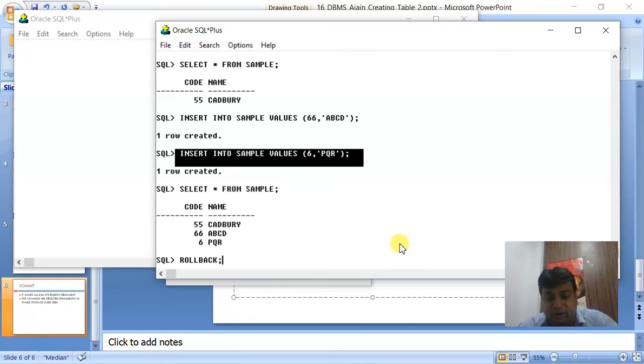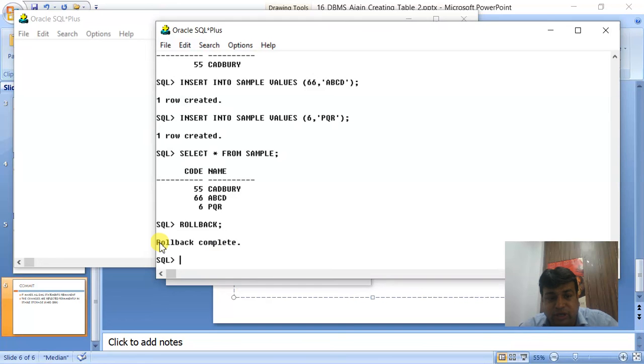I will show you what I mean by last DDL or last commit, but right now see the effect of rollback. Again, rollback will not tell you how much it has rolled back. Even if you are working for the last 2 hours and you have done hundreds of commands and you have not given any commit, your entire 2 hours of effort can be lost by rollback. So please be very careful while using rollback.